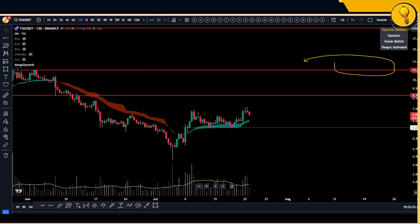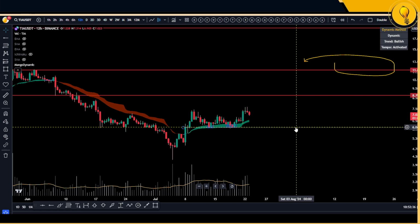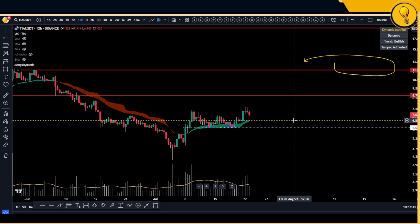Now, I'm sure nobody wants that to happen, but you have to defend against what you don't want happening, right? Because that's where the pain is. And as soon as you start seeing the signs, you have to call a spade a spade. So how would I be looking to manage this risk? A 12-hour candle close underneath $6, I will be out of my trade, or two 12-hour candle closes underneath 6.55